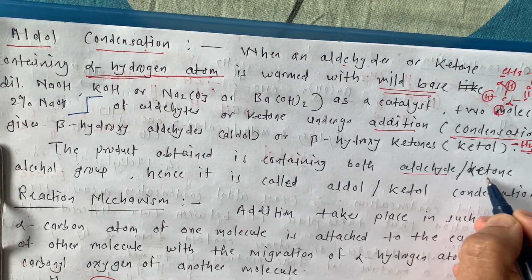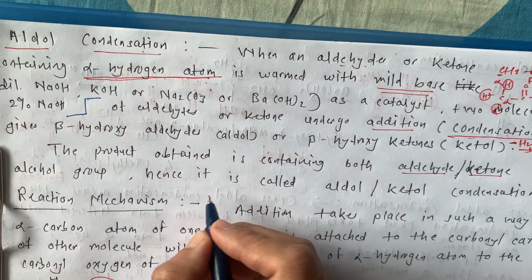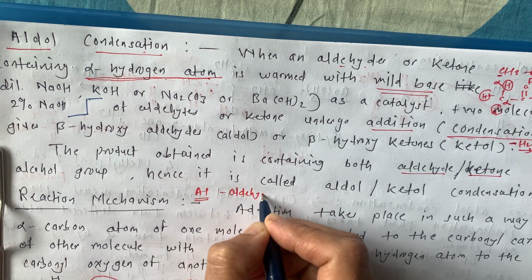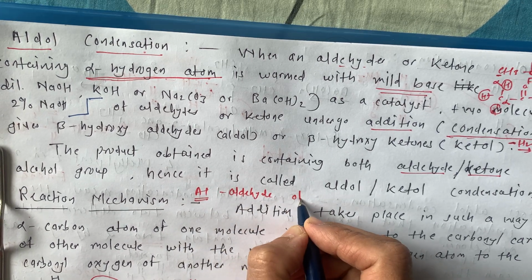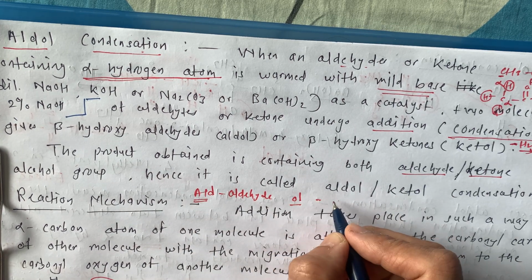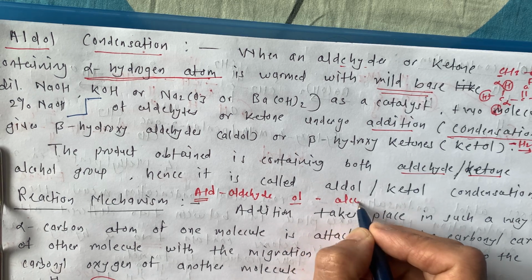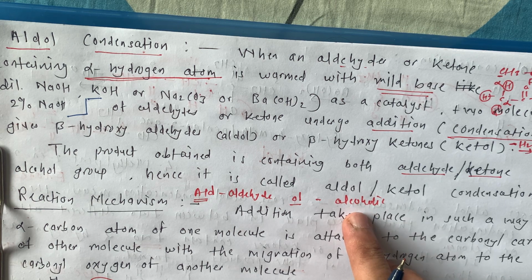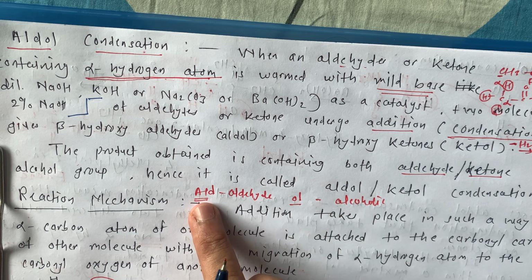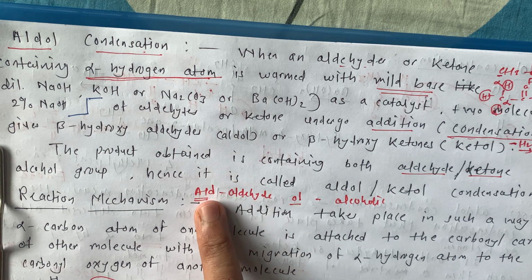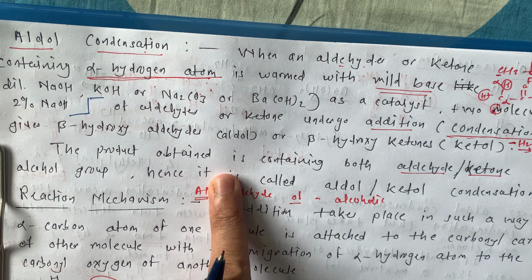This is very important. Why do we call it aldol? Here ALD stands for aldehyde, while OL stands for the alcoholic group. We know methanol, ethanol, so those ending with OL are the alcoholic compounds. Those ending with AL, in that case we just use AL, not D there, are the aldehyde compounds.